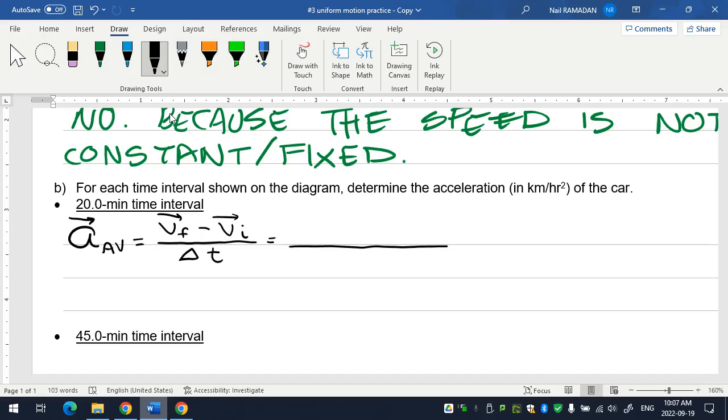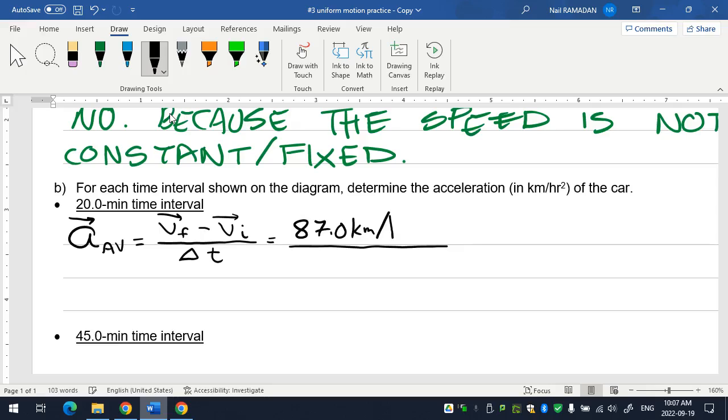What is my final velocity of the first interval of time? Just the first interval. What did the car get to? What was the car's velocity at the end of the 20 minutes? Yes, 87. By the way, how many digits does it have? Look at all the numbers in the problem. They all have 3 digits. Okay, so 87